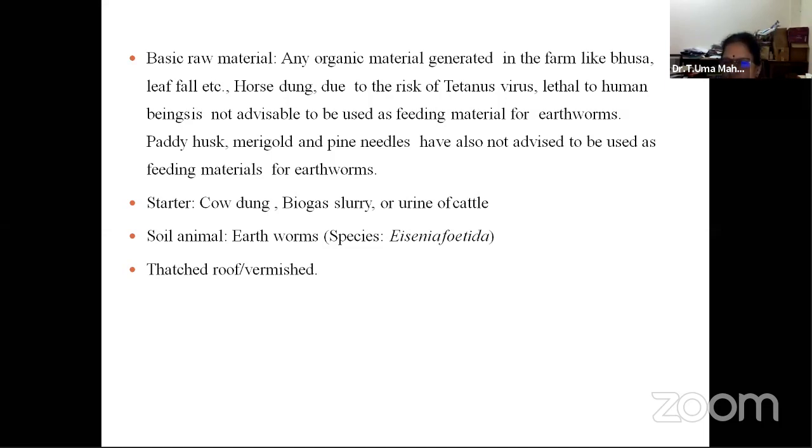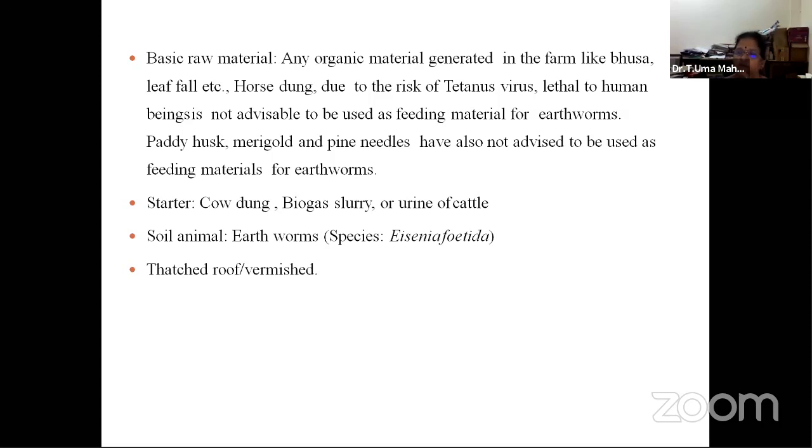Any other material is fine. At the time of Bonalu, we get a lot of flower waste, and that also we can utilize. During our Sankranti Pongal period, we get a lot of flowers in the markets, and they just throw them away because of lack of market rate. So I send the students to get that waste material from the market at Shamshabad, because it is nearer to us. In vegetable markets, when we go and ask, the waste will be rotten like that. That type of material we can collect and use for the production of vermicompost.